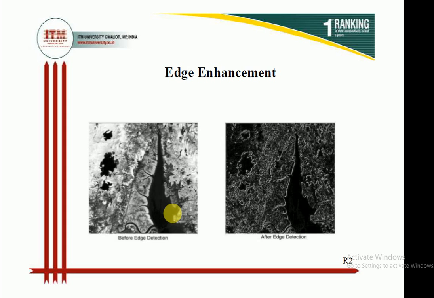The next is edge enhancement. What is basically edge enhancement? Edge enhancement is very essential because for many remote sensing applications, the most valuable information that can be derived from an image is its edges. If the edges are sharp, then boundaries of certain features can be easily understood. So edge enhancement delineates the edges, and makes the shapes and details which are included in an image more and more clear and easy to understand.